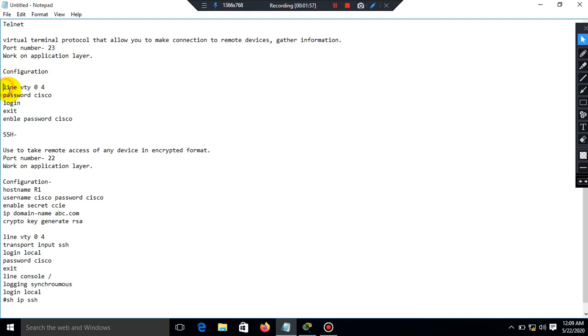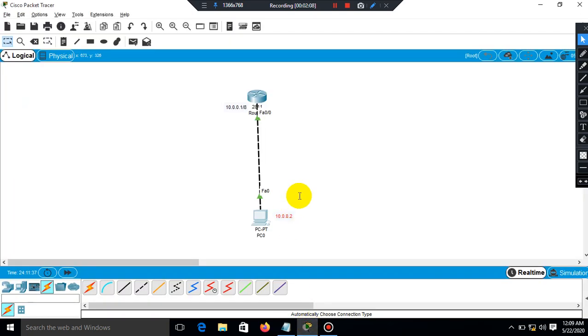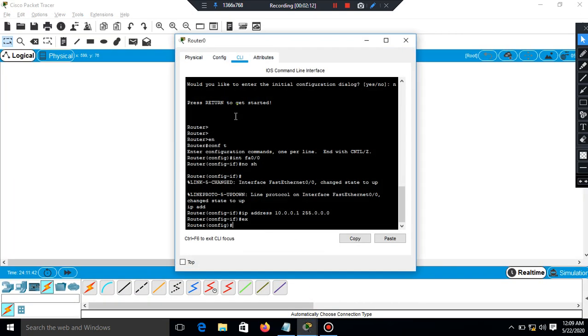These are the commands which we will use to configure Telnet. Let's try to understand what these commands are. First we will check the IP address of this router.